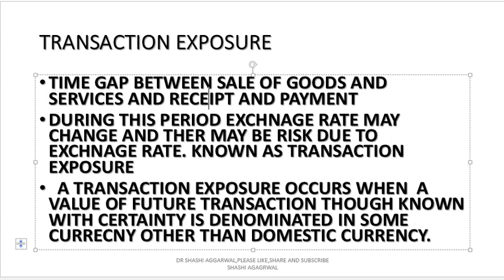Like I have imported goods worth US dollar 6,000. At the time of executing the contract, the rate was 1 US dollar equivalent to rupees 70, but at the time of payment it was 73.12 paisa. So here I have to make more payment in case of import. It was the value of the future transaction: I executed the contract, I received the goods, I made the payment. At the time of executing the contract, it was 6,000 US dollar. That was specified. But the exchange rate was 1 US dollar equivalent to 70.